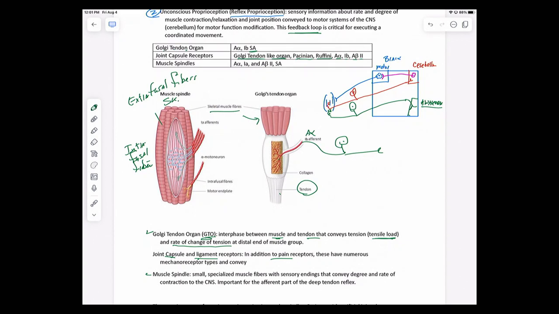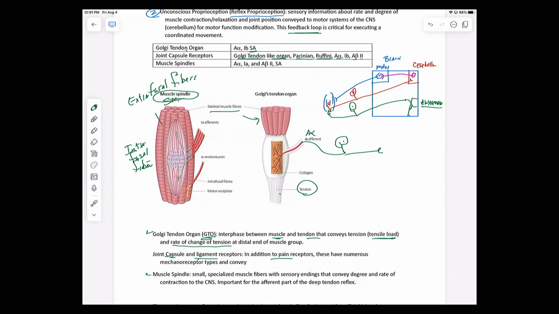Okay, and the drawing is weird in the sense it's not to scale. The mass of extrafusal fiber is hundreds and hundreds and hundreds of times more than the intrafusal fibers. But they've drawn the intrafusal fibers rather large so that you can see them in the context of extrafusal fiber. So the intrafusal fibers are also called a muscle spindle.